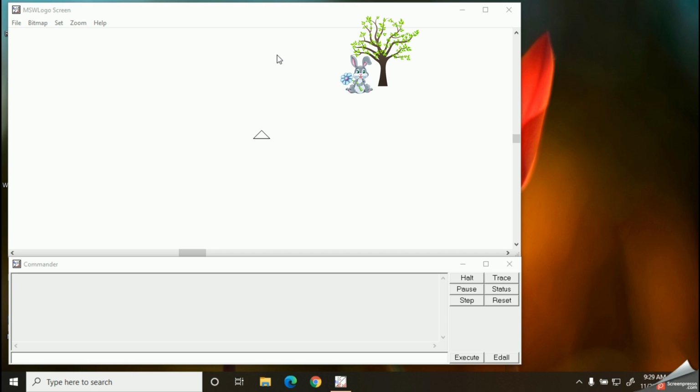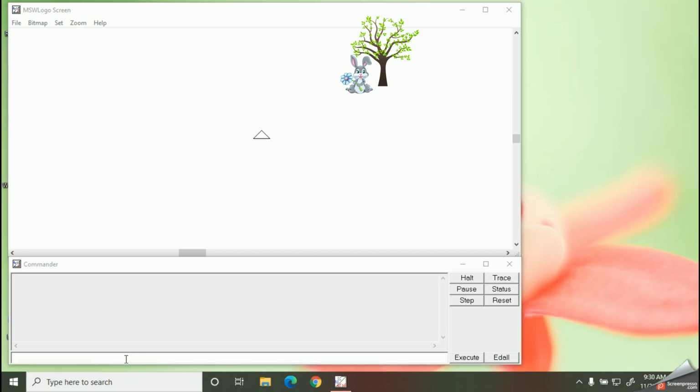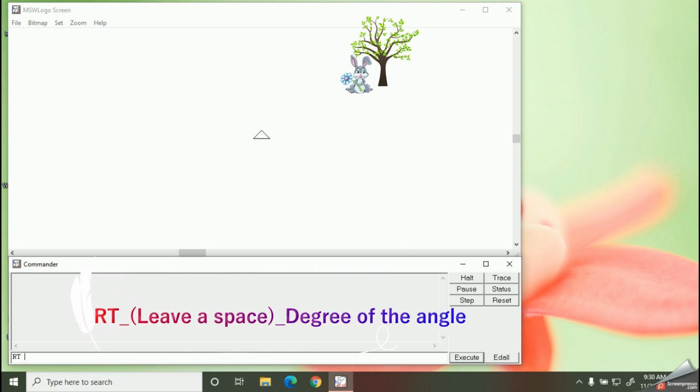So, now let's give the command in our input box. To turn my turtle to the right side, I am going to use the RT command. After typing RT, you can leave a space with the space bar and now mention the angle as 30. Let's see another example.